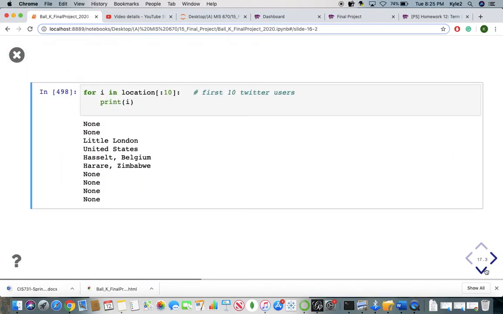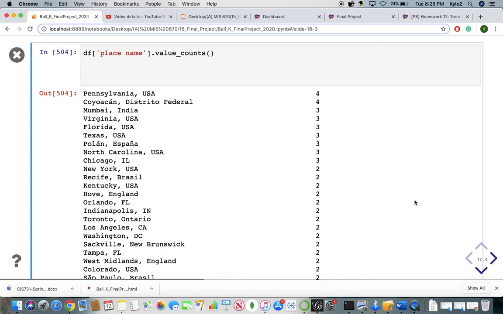So where do the people live? We talked about it a little bit. These are just pulling a little bit of the locations. We're able to see the place names and the values, like how many people are in a certain area. What was the highest number of people in a certain area? Pennsylvania was a hotspot for people tweeting during this time period, or rather, sharing their location. But these were the top places that we were able to see.